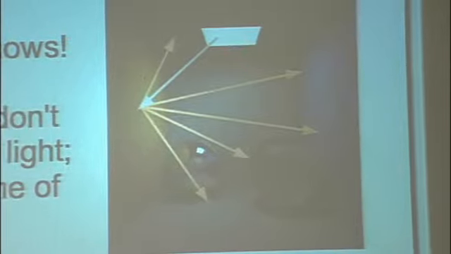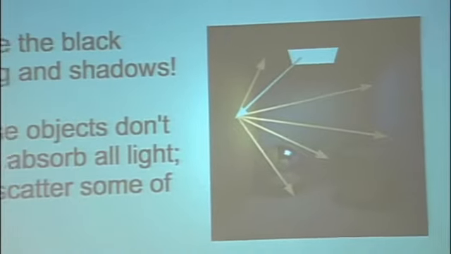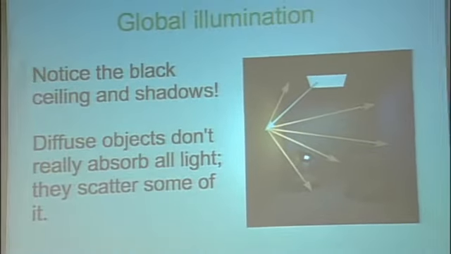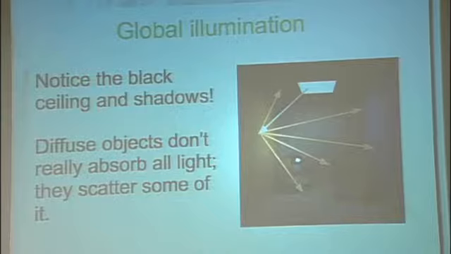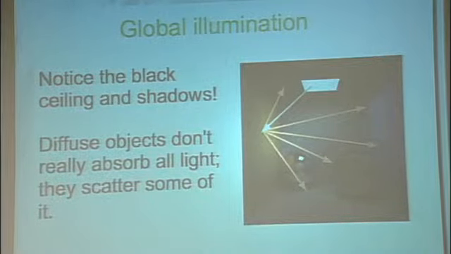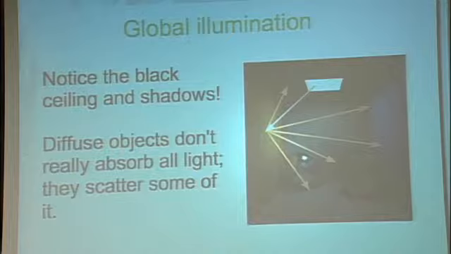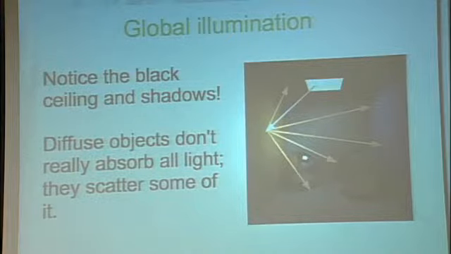Now, the reason this sort of illumination is important is that there's actually a lot of light that gets bounced around the room that doesn't come directly from a light source. Like that white wall, if I shine this laser pointer at it, as you can see, there's still a lot of light bouncing off of it. It's not all being absorbed. So what you can do